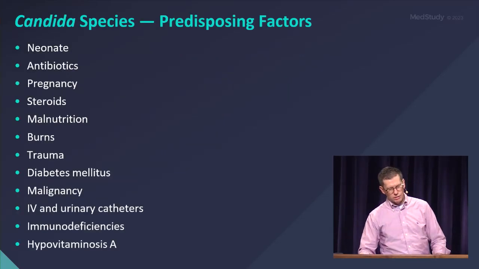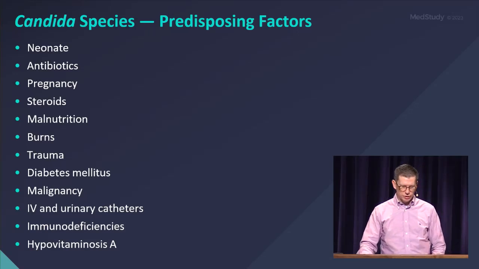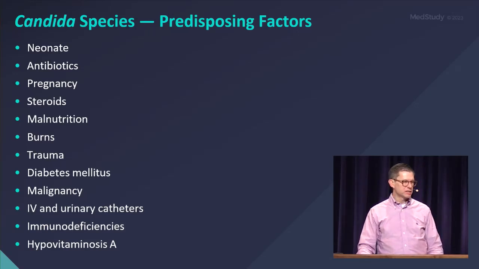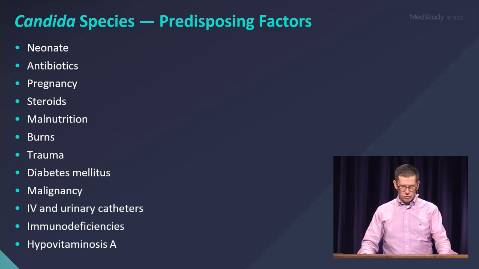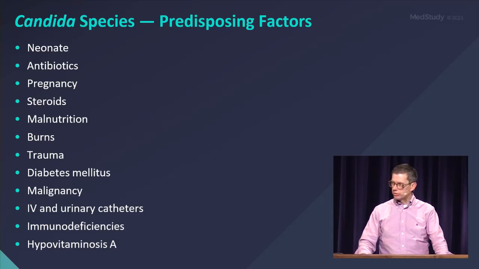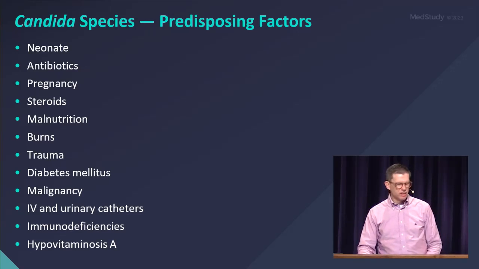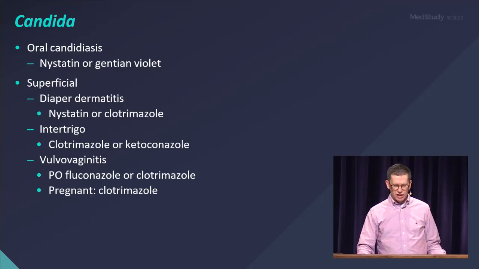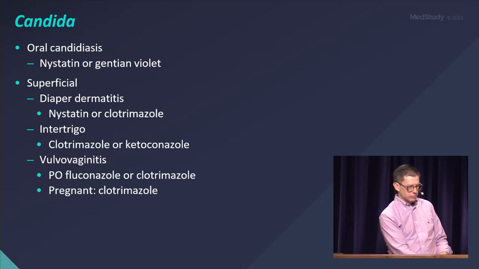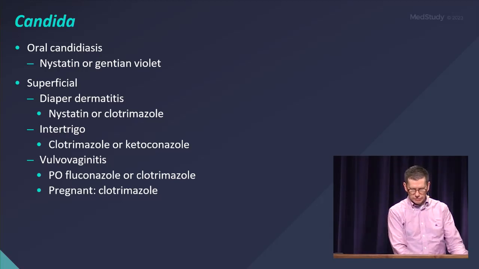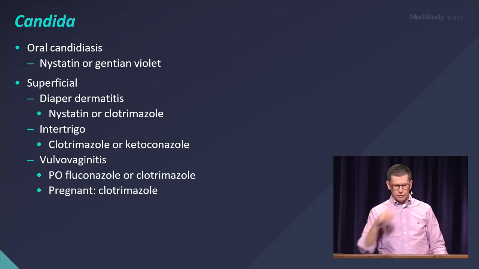So when you think about Candida species and their predisposing factors, we just talked about broad-spectrum antibiotics, typically if they're a neonate and don't have a great immune system to begin with. If someone's on steroids long-term, they're at increased risk for Candida species, along with malignancy and the presence of hardware, in particular IV and urinary catheters. So it can present in a lot of different ways. We in ID typically see it once it becomes invasive, but it can also obviously present as oral candidiasis, in which case nystatin typically is the drug of